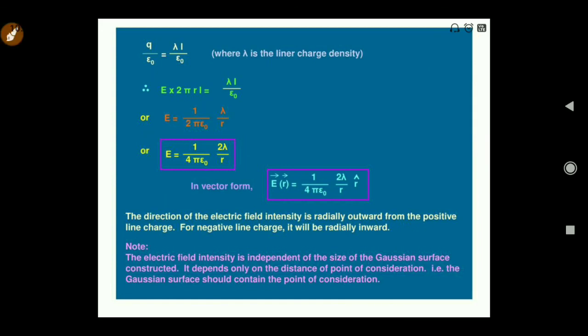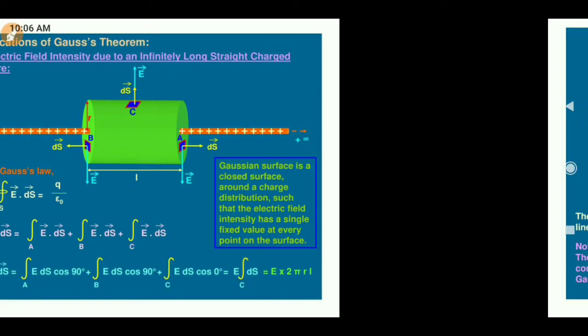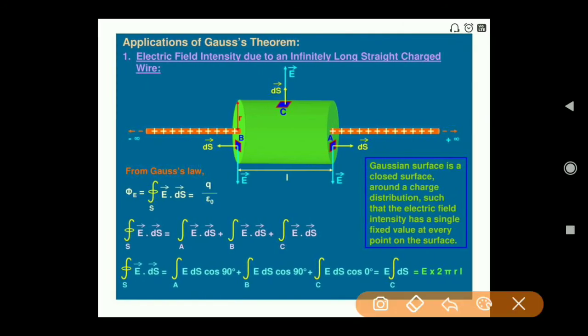But you know that the electric field is a vector quantity, so you can express this expression in vector form also. So here the electric field is equal to 1 upon 4 pi epsilon naught 2 lambda by R for the magnitude, and for the direction we just multiply this magnitude by a direction, so here the R unit vector. And what is the unit vector direction? From the figure you can see it is radially outward. Radially outward means if you draw the radius from this conductor to this surface C, then in the same direction is the direction of the electric field. So this is the radial vector R.